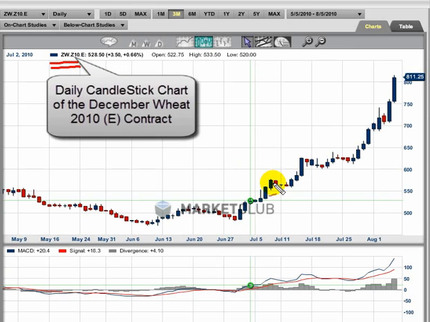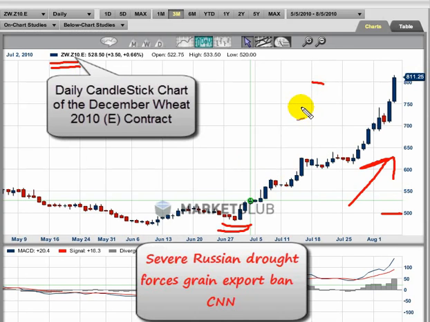And as you can see, from this point on, we had a really big move. Let's say going from $5 to $8. That's an enormous move. And the news is just coming out today that Russia is banning exports of grain. And that's obviously fueling the fire in this market. But let's look at how our trade triangles have done in this market. And we'll look at each signal and we'll go through it and we'll decipher how we do this.